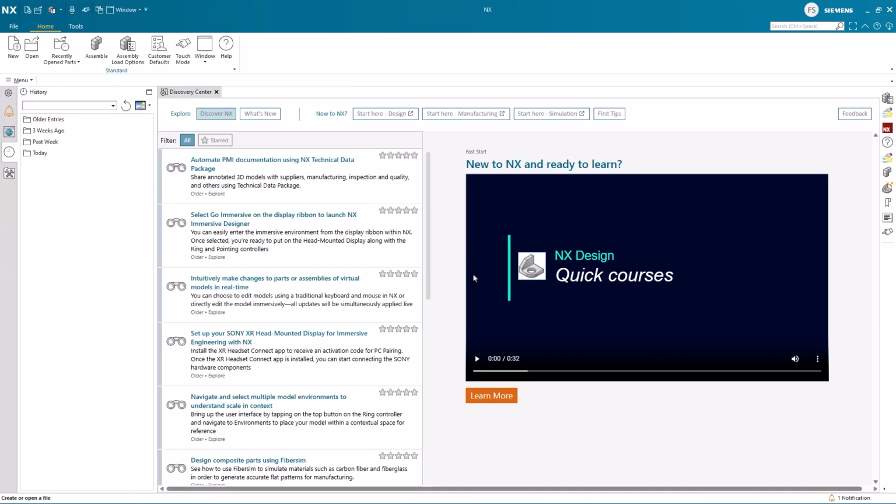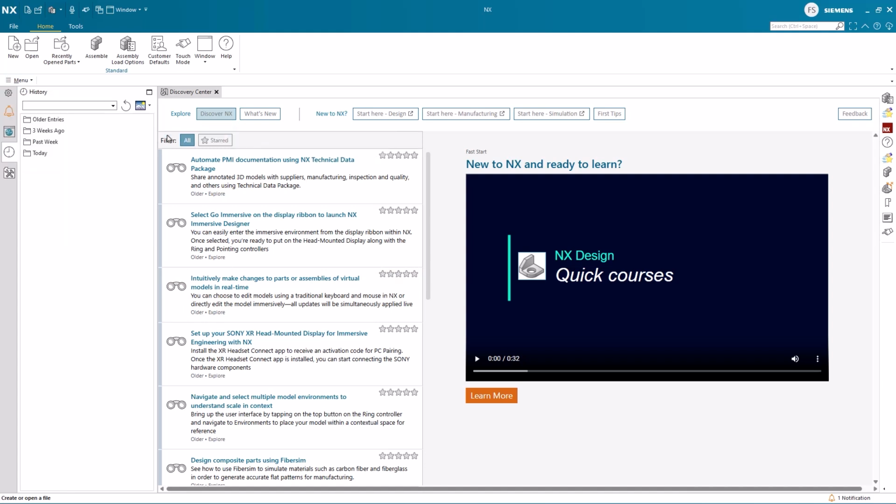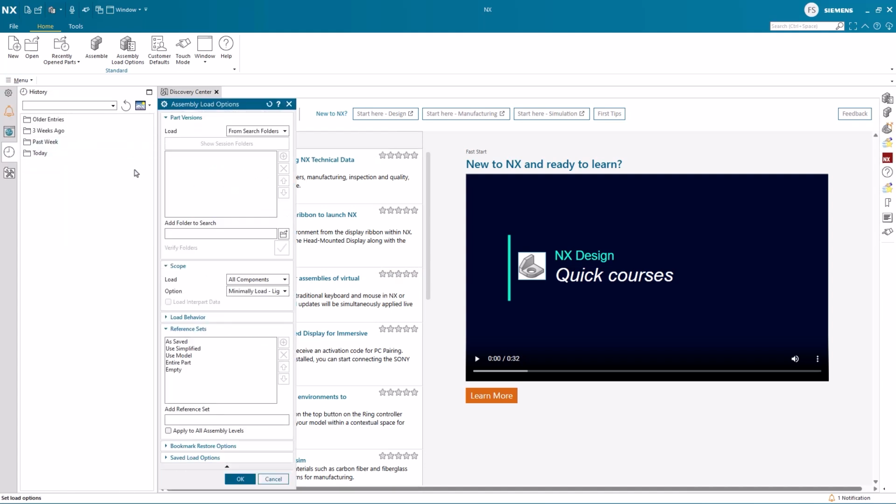Prior to loading an assembly, it is important to dictate to the system how you want the assembly to be loaded, especially if it is a very large assembly, as this will help make you more efficient in your work with assemblies in NX. Menu, File, Options, Assembly Load Options takes you to where you can dictate the specific behavior you need